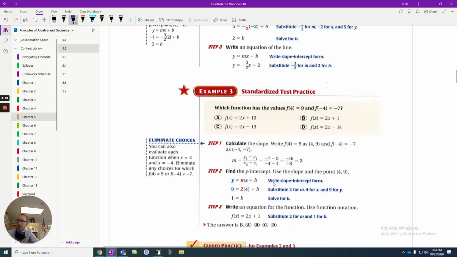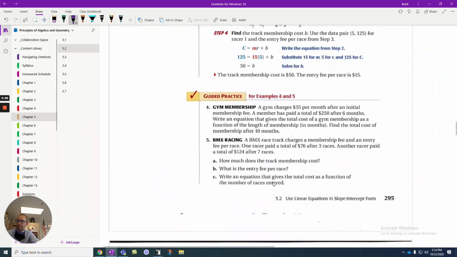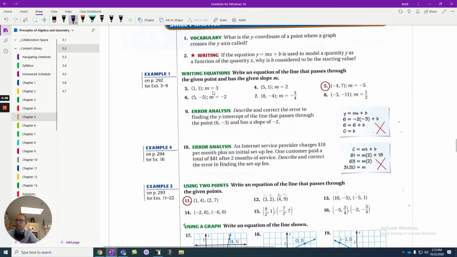As we look down into the homework, we're going to see a couple things. We see some where the slope is already given. That's going to save us a step. But to find b, we're going to take the same approach. We'll take our x and our y and plug them in with our slope to find b. So for instance, if I took question number 6,